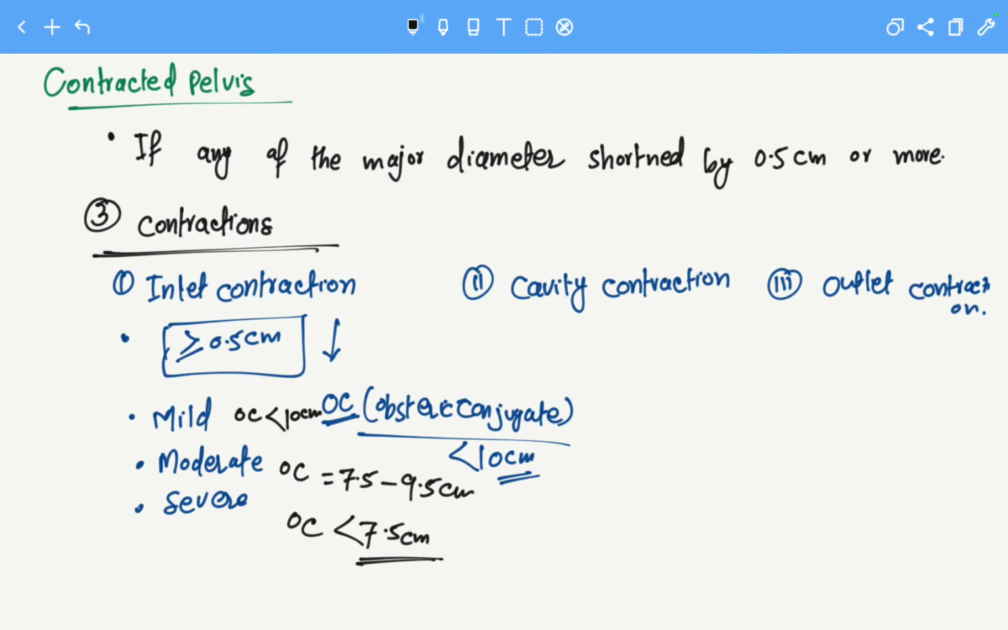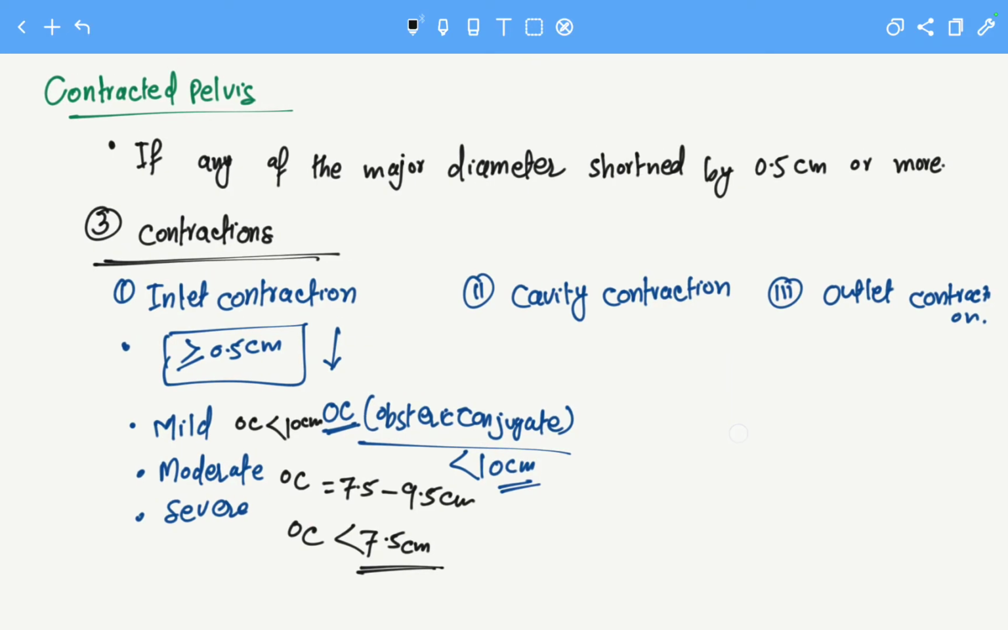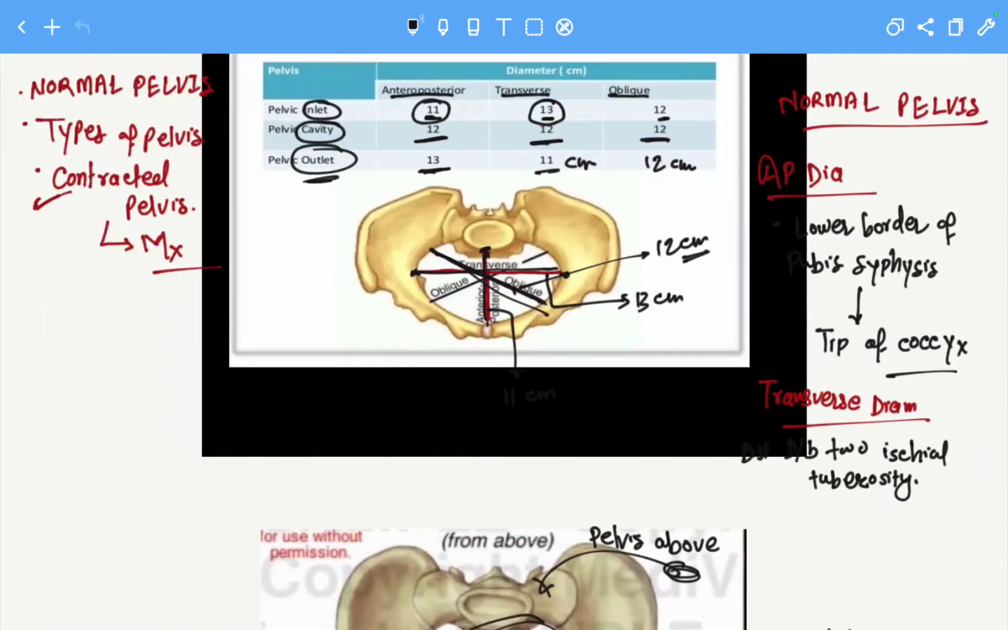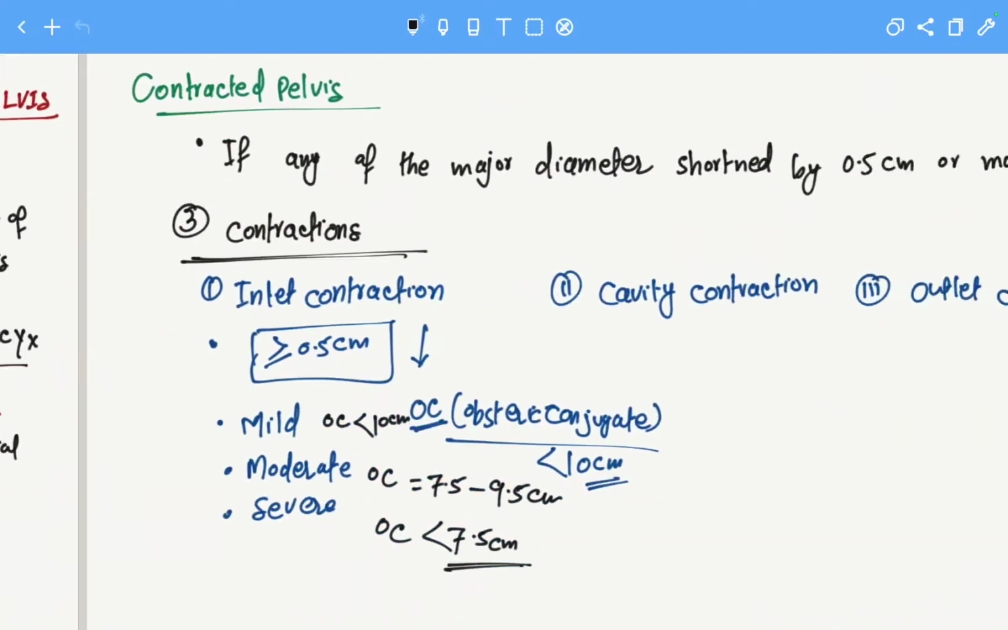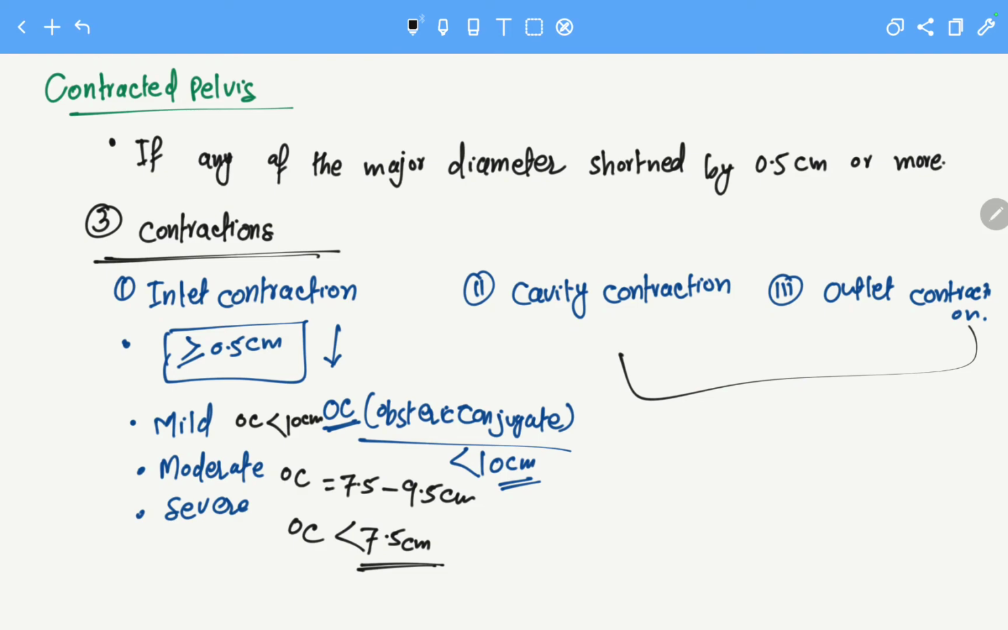कैविटी कॉन्ट्रैक्शन और आउटलेट कॉन्ट्रैक्शन में भी आप याद रख सकते हैं कि जो डायमीटर है आपका कैविटी का और आउटलेट का, चाहे एपी, ट्रांसवर्स और ऑब्लिक डायमीटर, ये 0.5 सेंटीमीटर से ज़्यादा या इसके बराबर कम हो जाएगा या डिक्रीज हो जाएगा. ओके,